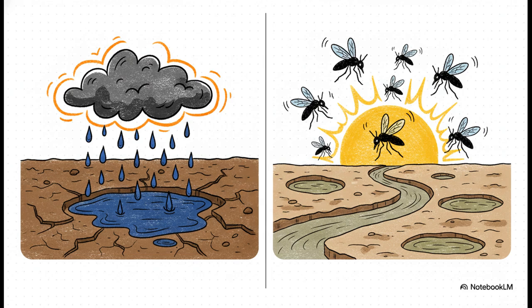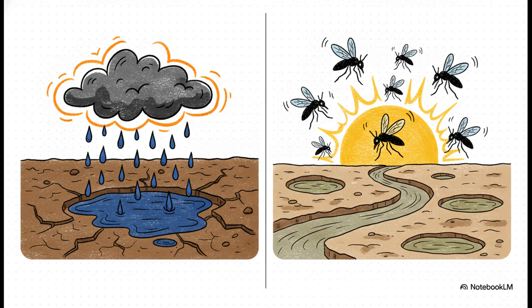Climate change is another huge driver in this equation. Let's think about vector-borne diseases for a second. Those are illnesses spread by mosquitoes and ticks. When we compare normal, stable climates to areas hit by extreme weather patterns, like the El Niño Southern Oscillation, the differences are just stark. Think about it.